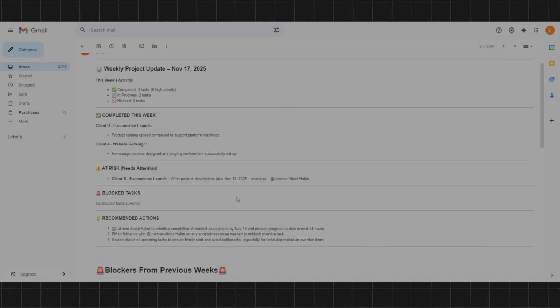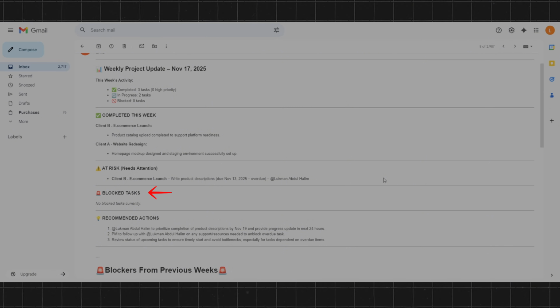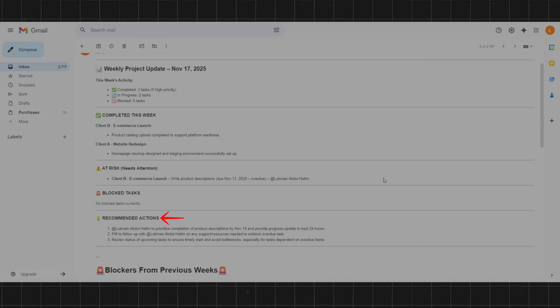So in the inbox here, you can see that the report did come in and it's divided up into two sections. First section here at the top, this is going to give you a quick rundown of everything that has happened over the last 7 days, including completed tasks, things that are in progress, as well as things that are blocked. It'll give you a quick overview of all the wins, bring forward tasks that are at risk, like due dates that are creeping up, as well as tasks that have been blocked,